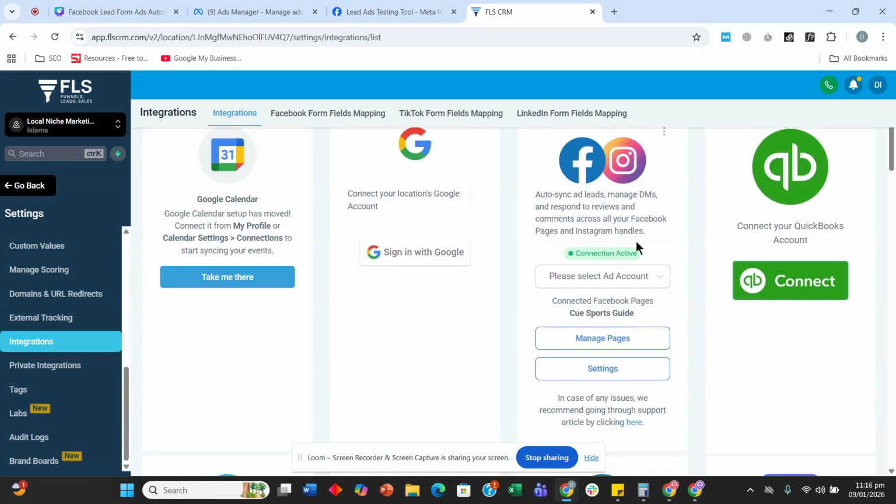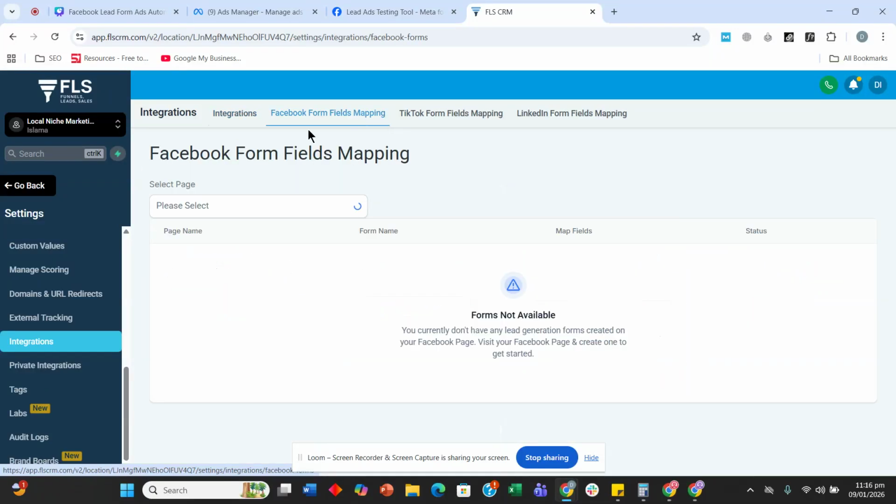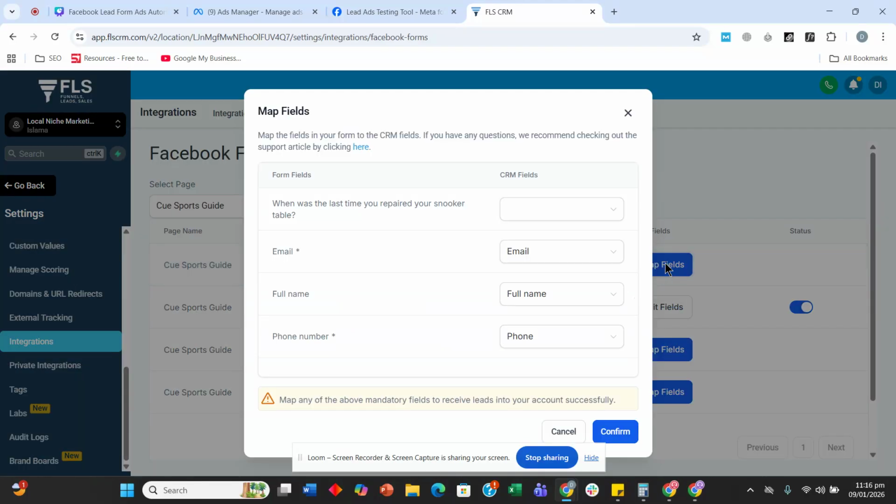So you will select your own page, and then from there onwards, you can either select an ad account, but it's not mandatory because we are not doing any conversion side of things. So we are just doing a lead form, which is actually an asset of the Facebook page. So going inside that, here you can see our form is appearing, which means we can